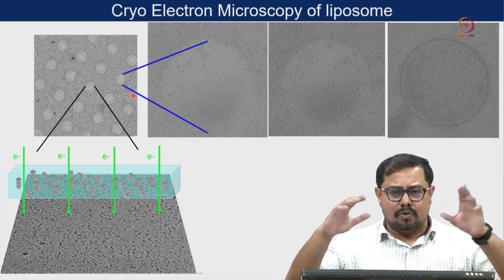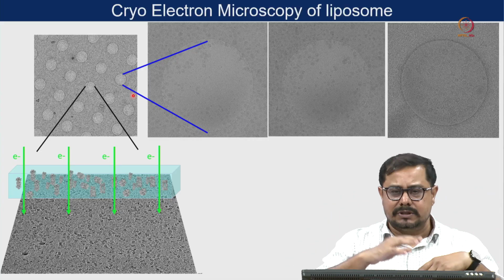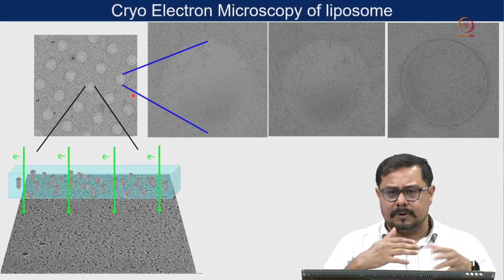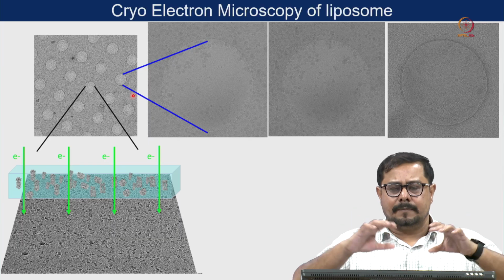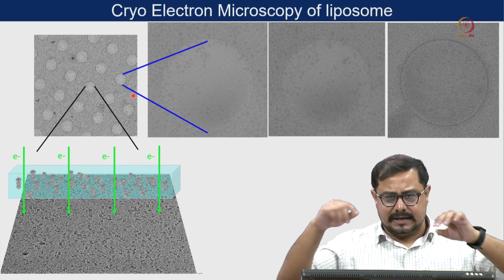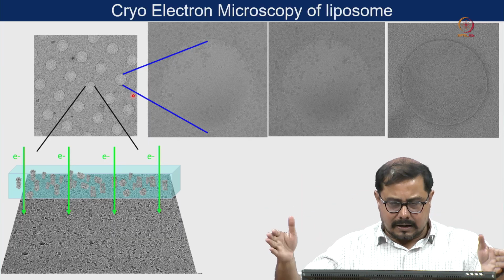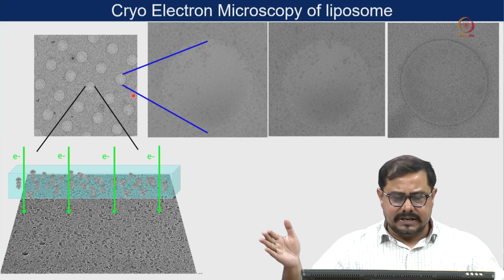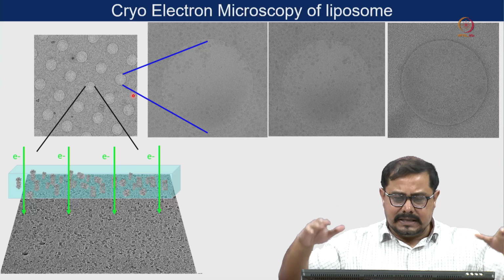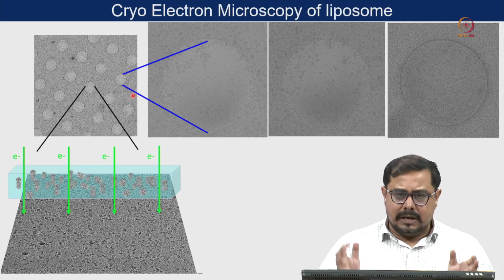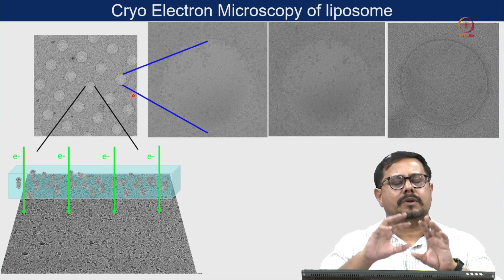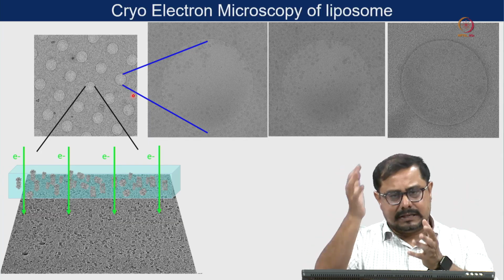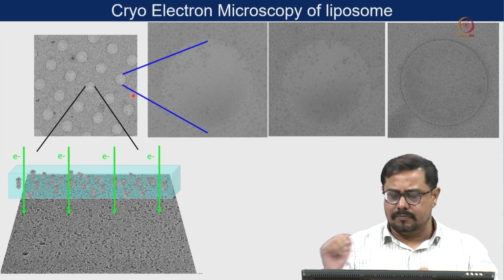Here in the laboratory, we are using different types of lipid, phosphatidylcholine, phosphatidylserine, and long chain carbon, that is the C18, C16, that is the long chain. We use these in the laboratory, and there is a particular process where we can make the liposome. When we make the liposome, it forms a spherical shape.